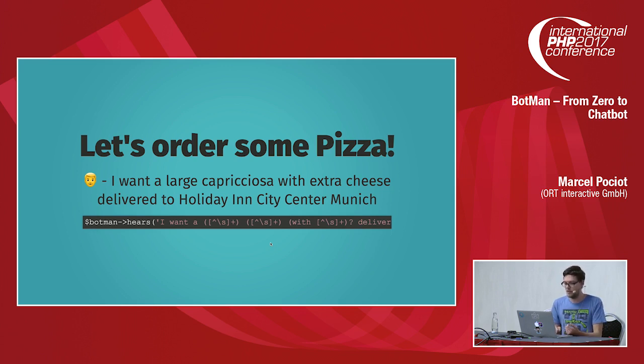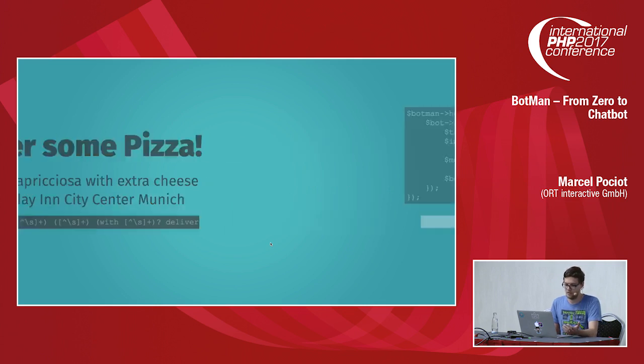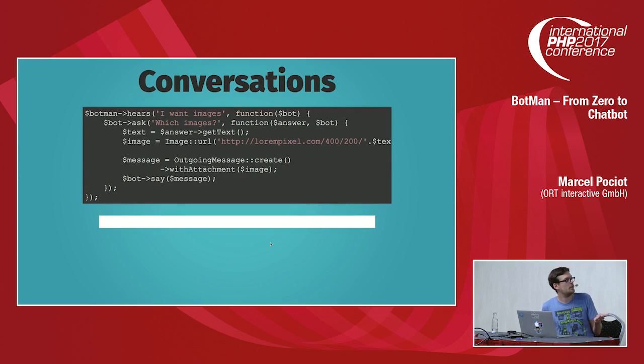So for this case, BotMan also has the ability to use conversations. This is the easiest version of a conversation, which is just one question. This gets triggered if the user types, I want images. And then the bot will ask, OK, which images? And when the user answers this question, the next closure will get called with the answer. In this case, we can just get the text of the answer and return an image. So if I type, I want images,